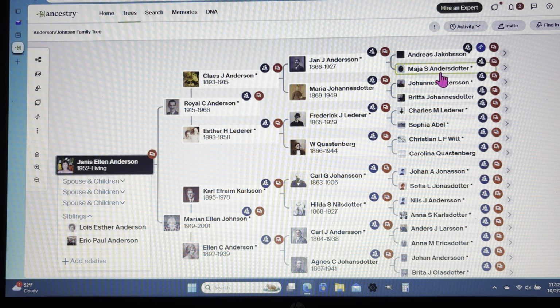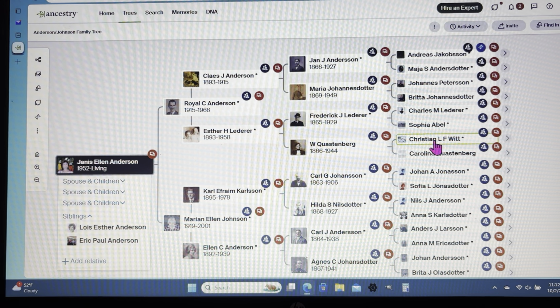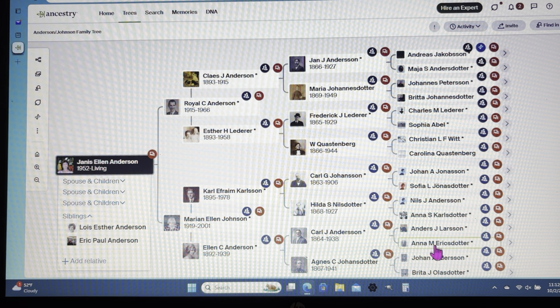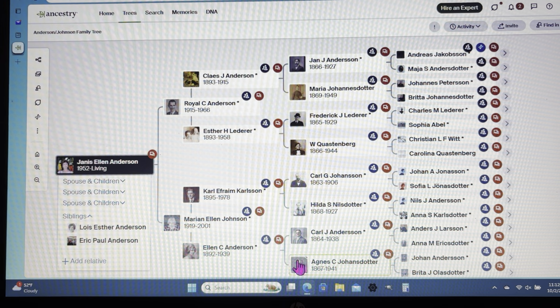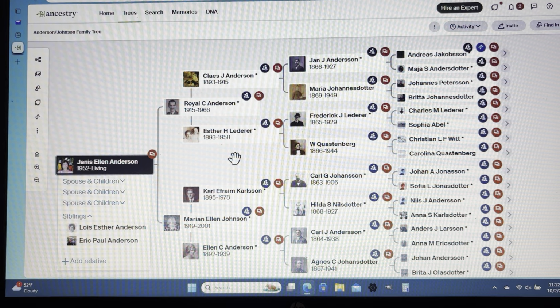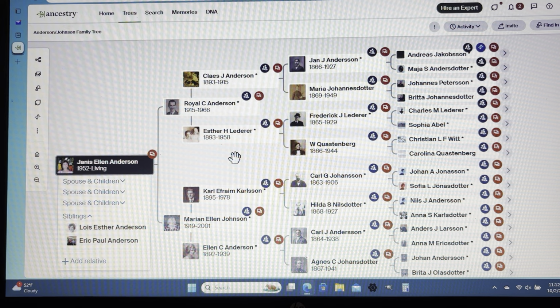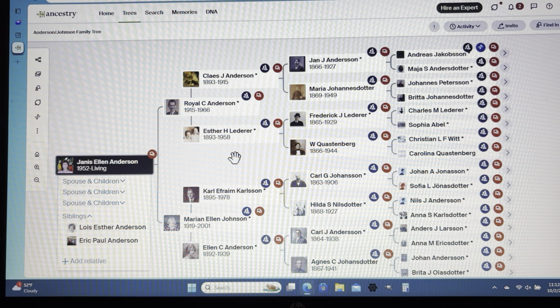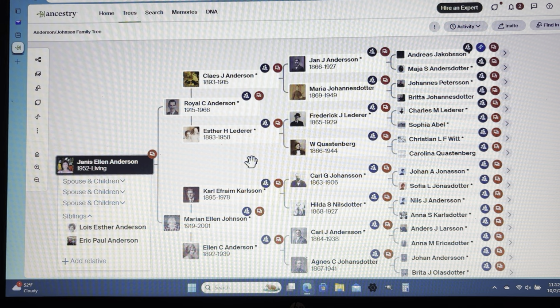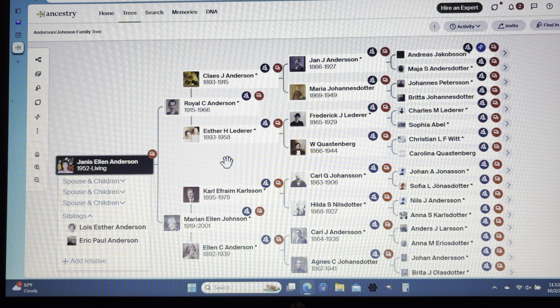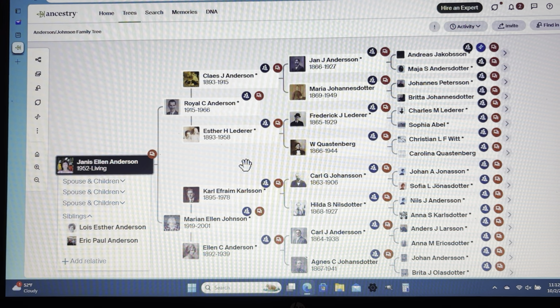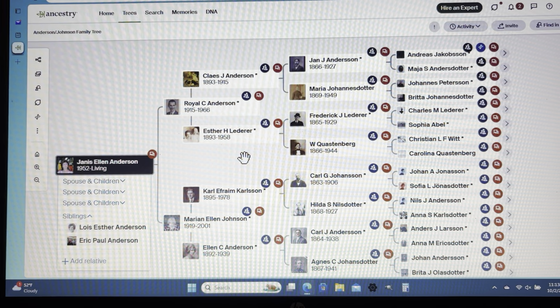If all of this stuff was written in English, I would probably have a lot better and even more comprehensive information than I've come up with so far. So this tree is hampered by the fact that none of us, to my knowledge, speak Swedish or German. And so we've had to rely on whatever I could find available that was understandable, and you'll see what I'm talking about in a few minutes.